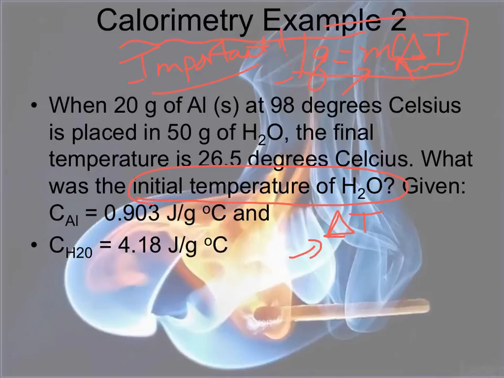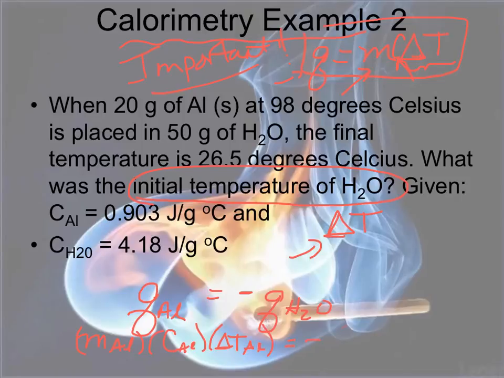Basically we're going to set it up like we did the last one, where the heat released by the aluminum is equal to minus the heat absorbed by the water. Another way to put that is the mass of the aluminum times specific heat capacity of the aluminum times change in temperature of the aluminum,